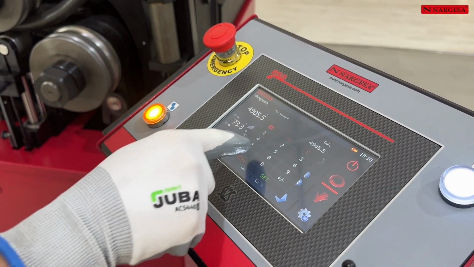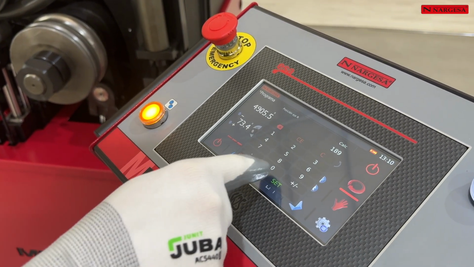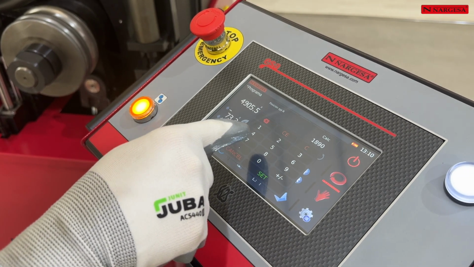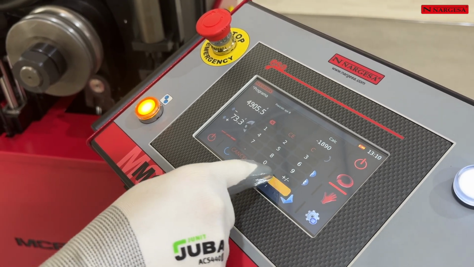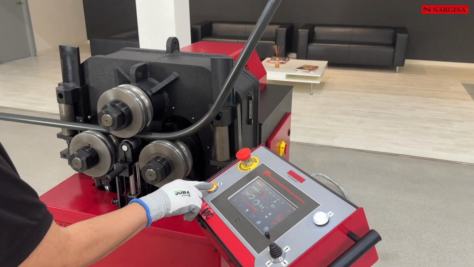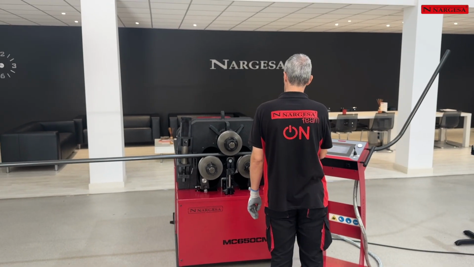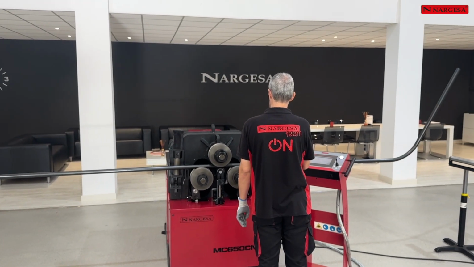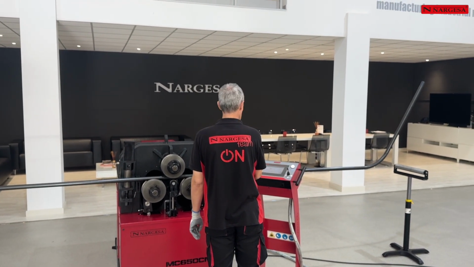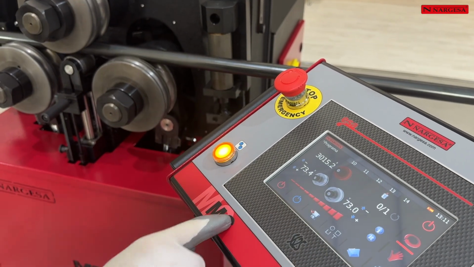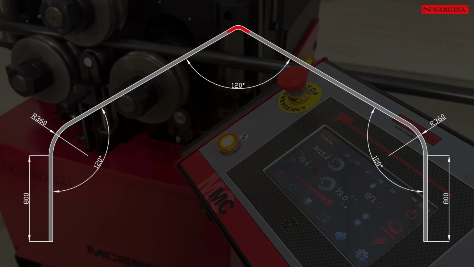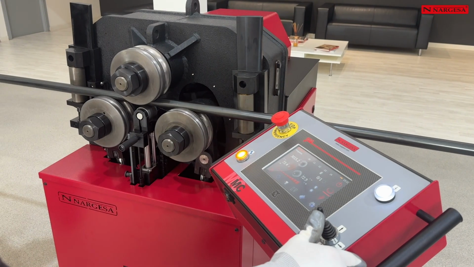Move the piece back on the R-axle so it is completely centered in the machine, 1,890 millimeters. Save the step. Since the bend is minimal at the middle of the piece, you don't run any movements on the R-axle.